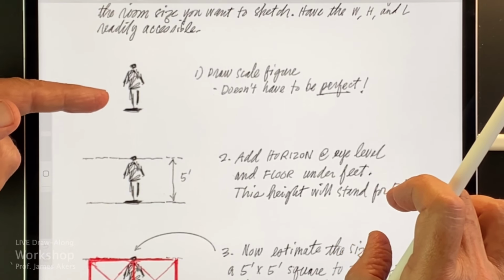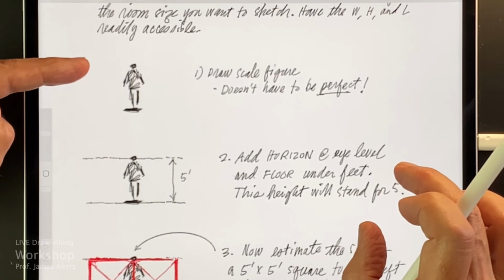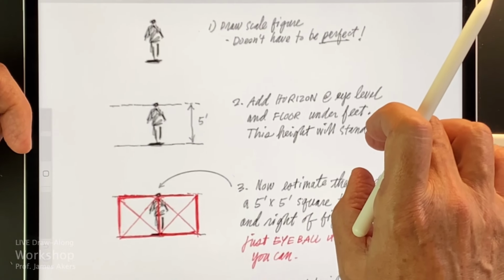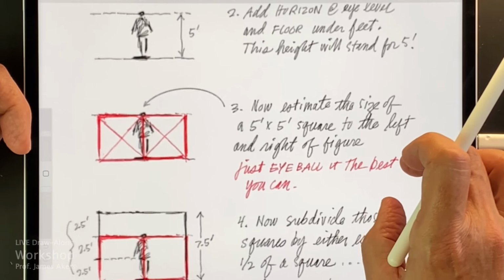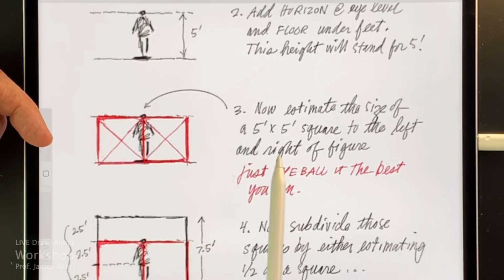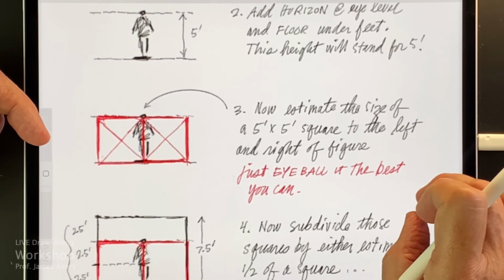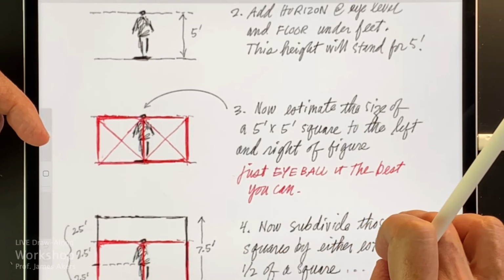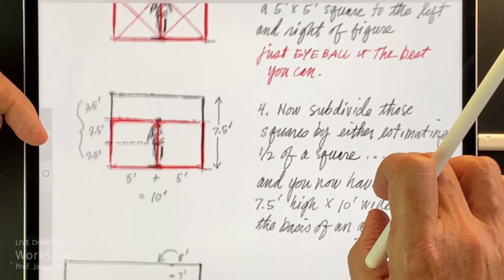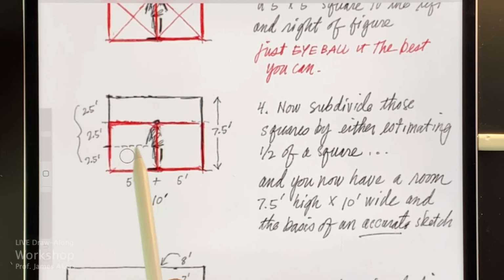I'm drawing the scale figure first. Doesn't have to be perfect. Add the horizon. Then estimate the size of the room. You already know the size, but now you have to transfer that to your proportional estimation, and you use squares. It's really the rule of squares. Always try to keep the simplest subdivisions possible.